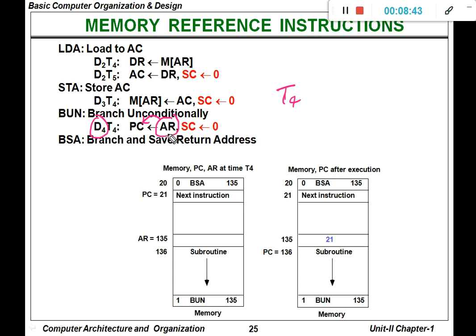So why do we need to move the address register to the program counter? Because this particular AR may contain the address of a subtask.